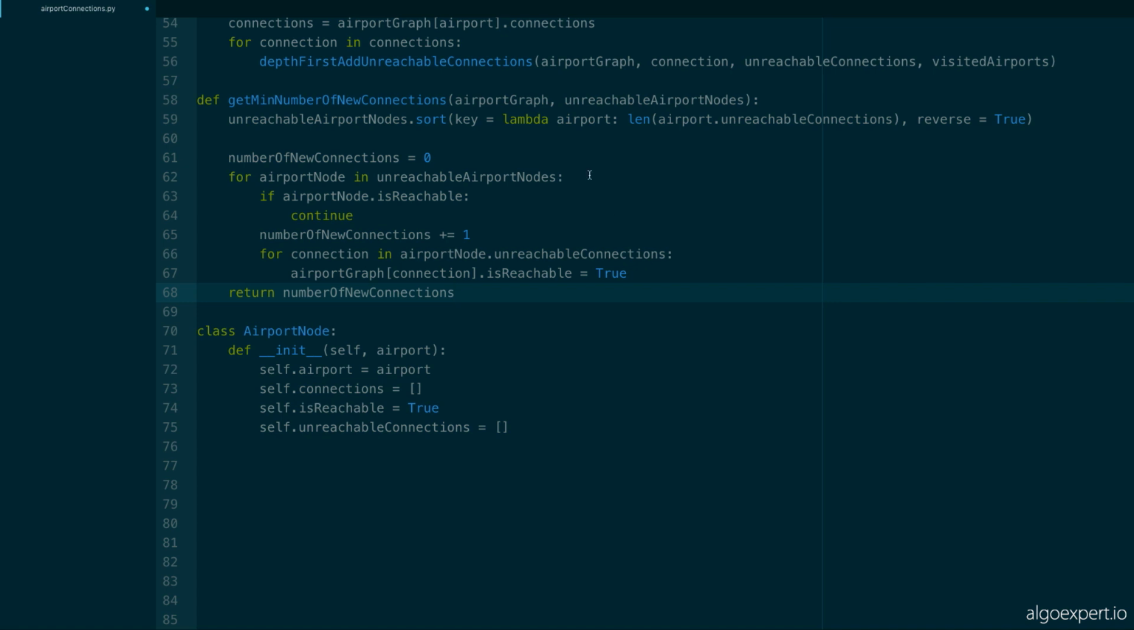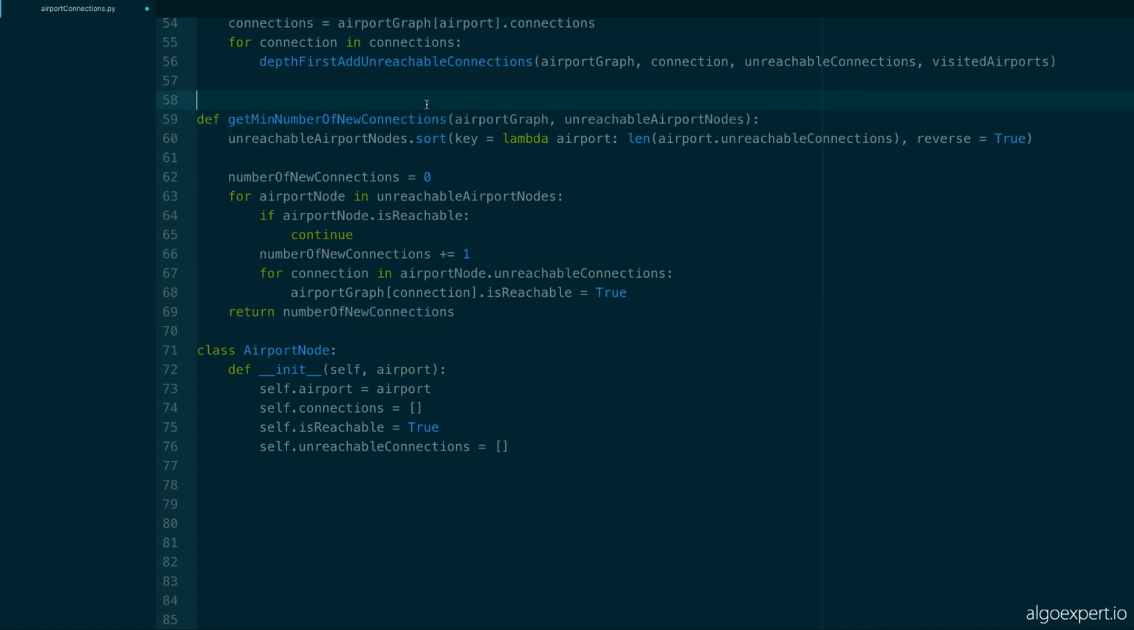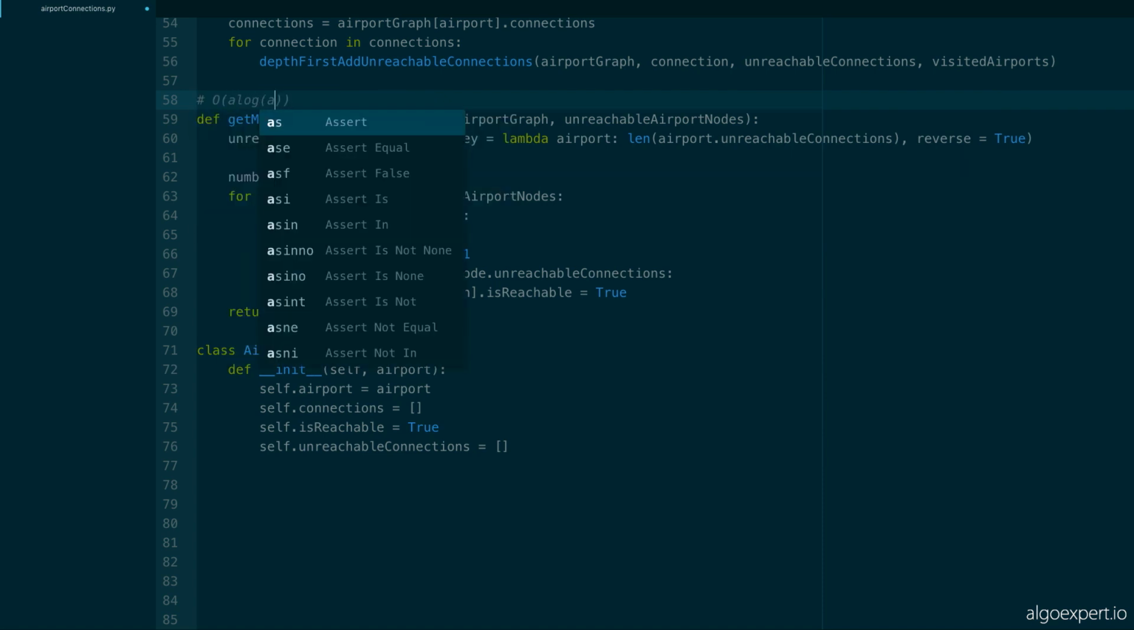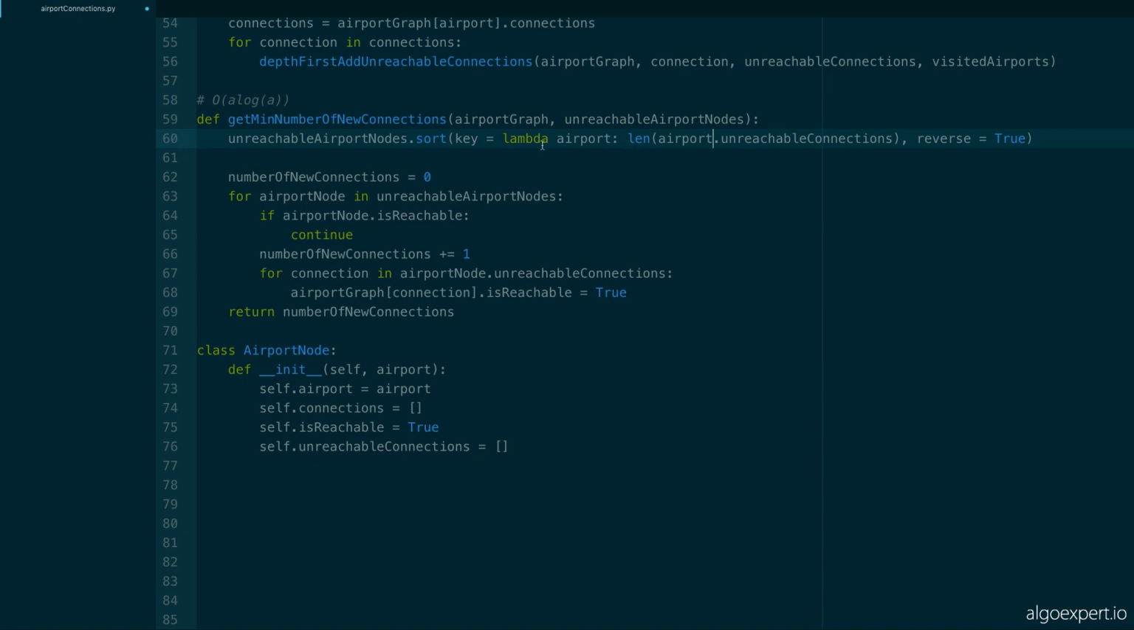All right, and so how is this going to work? This is going to be O of A log A, right? Because we're sorting up to roughly A airports, unreachable airports. You can imagine that all the airports might be unreachable except for the main one, which in our example, right, LGA was the only one that was reachable. The starting airport, sorry. And then, so A log A plus, we're iterating through all the airports in unreachable nodes,